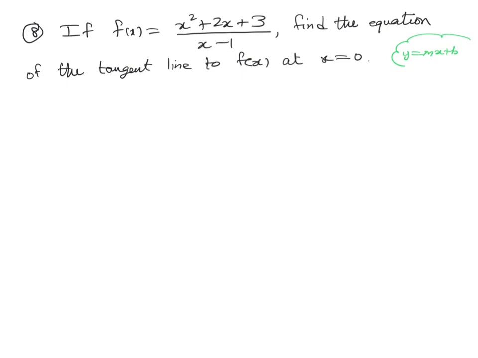So anytime you want the equation of a tangent line, this is kind of what you're thinking in your head. Now, a couple things to think about. Tangent line, well, that means it touches at exactly one point. What point is that? Well, in this case, the tangent line to f of x at x equals 0. So to get a point for that tangent line, I need to plug x equals 0 into the function. So for the point of my tangent,